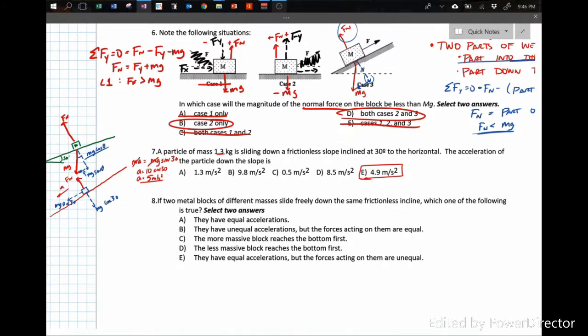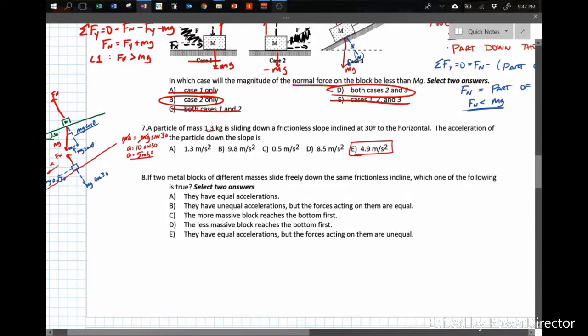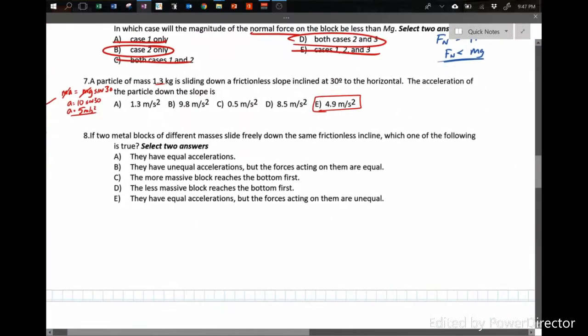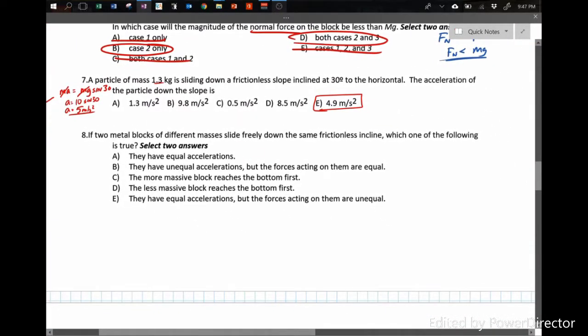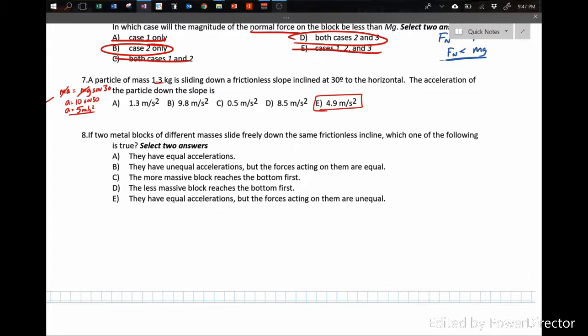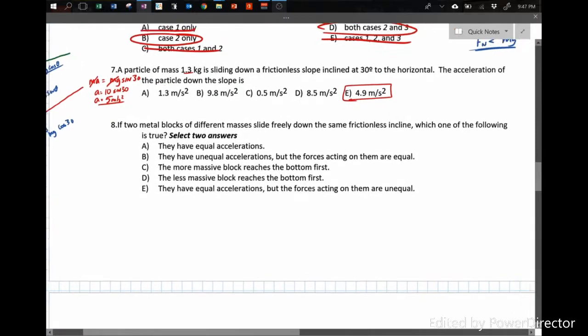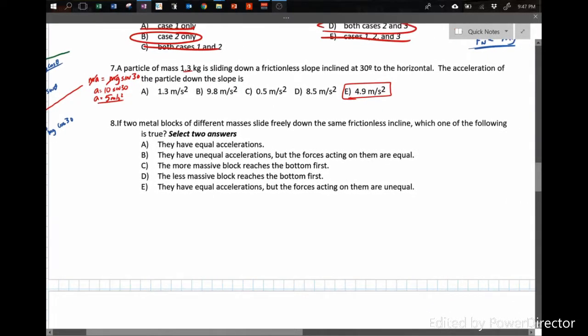All right, number 8, we have a select 2 answers question. Two metal blocks of different masses slide freely down the same frictionless incline. Which of the following is true? Well, if we have masses on a frictionless incline, I'm okay with borrowing what we did from before. Definitely the same method. It doesn't matter what the mass is. I've got weight down,